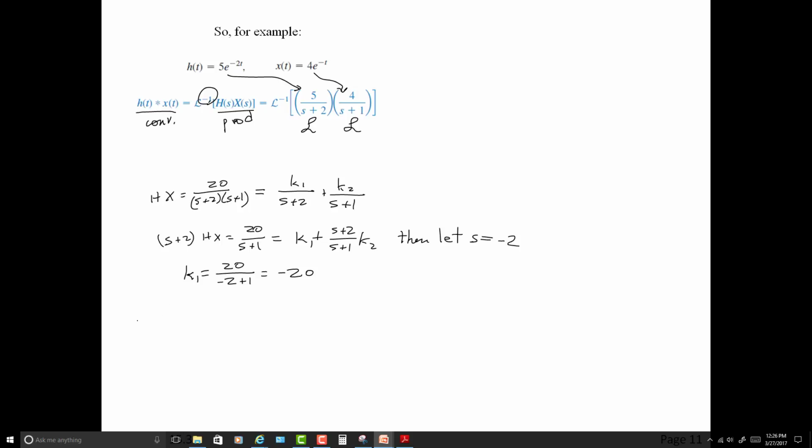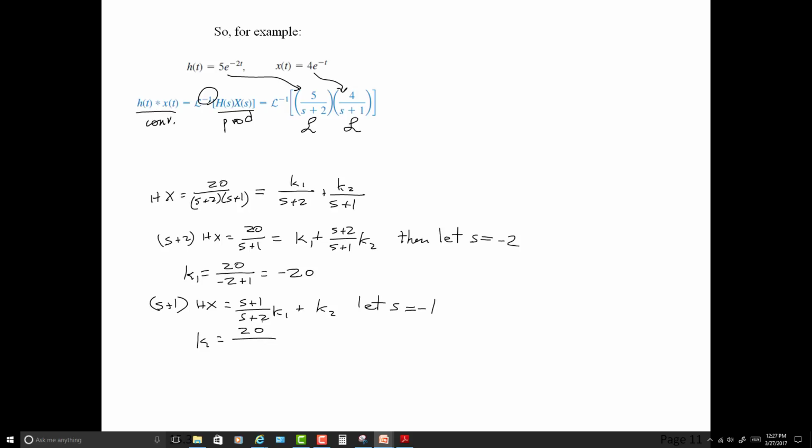Let's do that. We can say s plus 1 times the Hx is equal to what? S plus 1 over s plus 2 times k1 plus k2. It gets isolated. And let s go to minus 1, take on minus 1. So that means this is 0, and k2 will be equal to 20